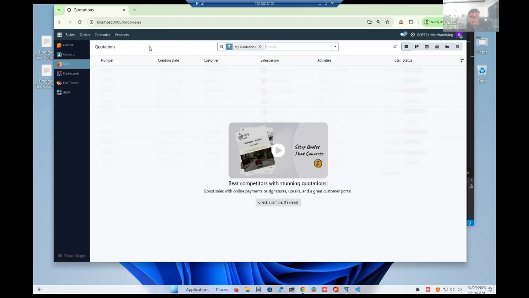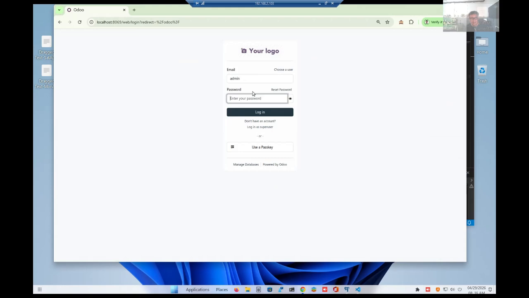Surprisingly, this is a characteristic of Odoo 19 where the sales order has no default write and create access to the sales quotations. Remember that if you take a look at this, there's no new button. So therefore, we have to log out and give him access to the new button using the admin account.